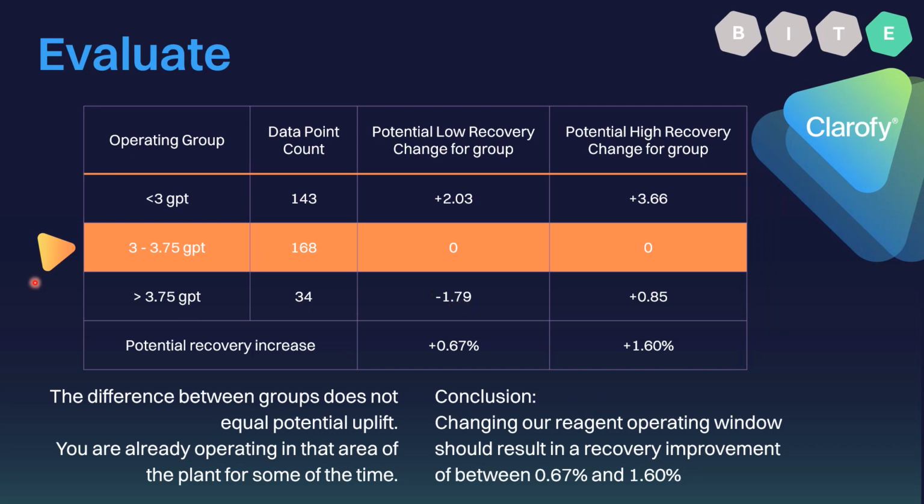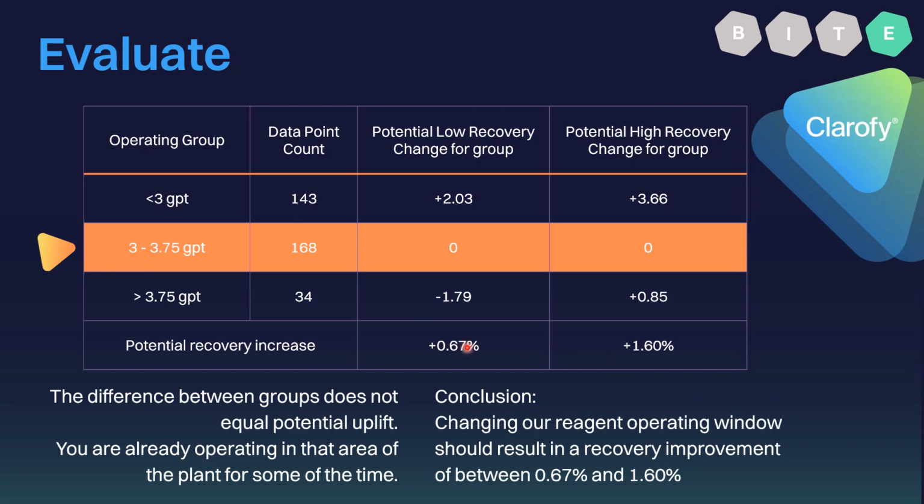So our data points, or the change that we get, in fact, this one's a negative one. So the change that we get doesn't make as much of an impact. All I've done is a weighted average here. So these two values are weighted averages. I'll just point out these two, the low recovery and high recovery, I got from Clarofy, because we get the confidence interval, the low value and the high value. If you're doing this through Excel, you can just use the mean. So you won't have this last column, you'll just have the mean over here, and you do a weighted average.